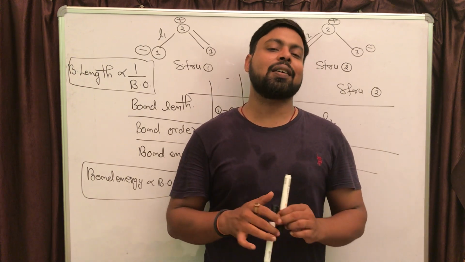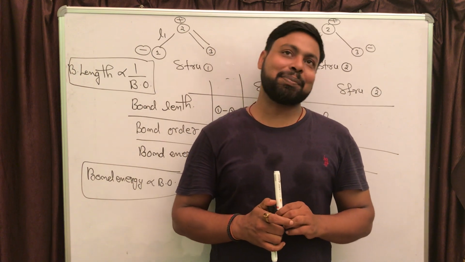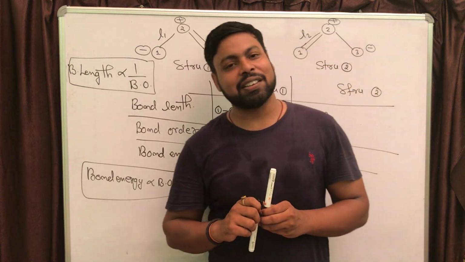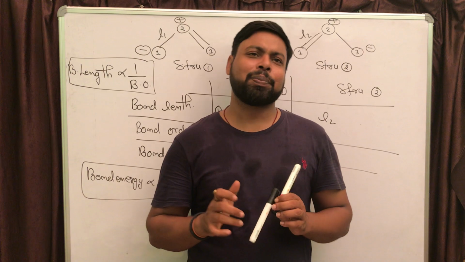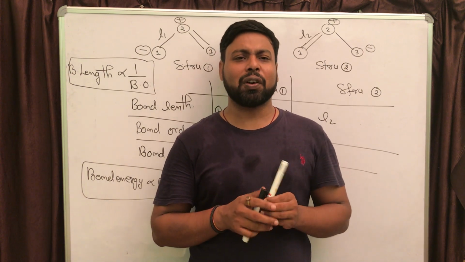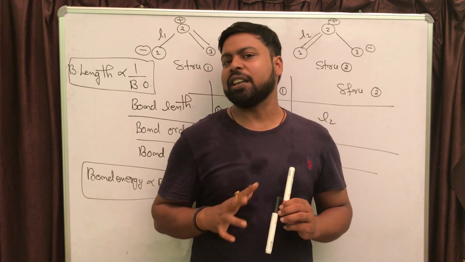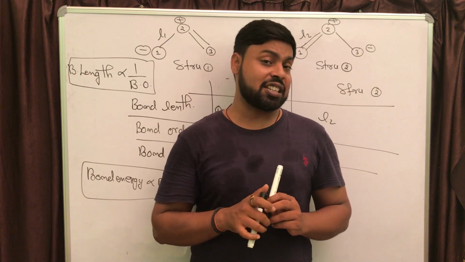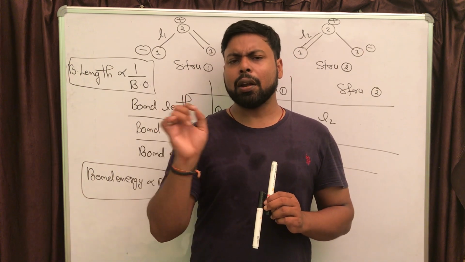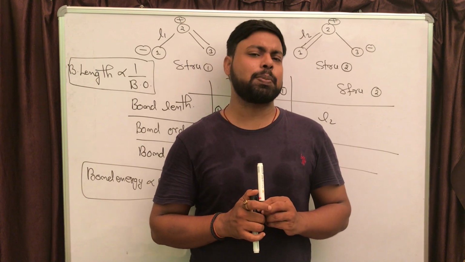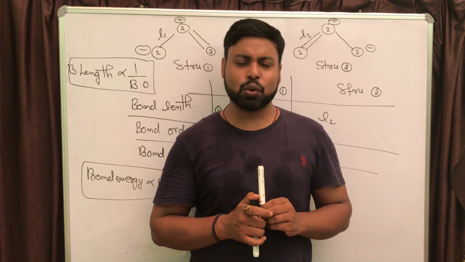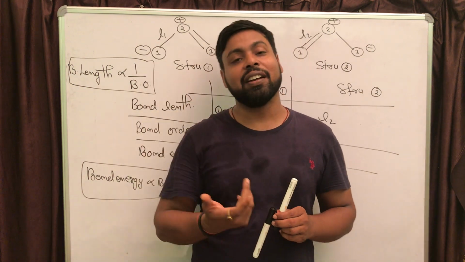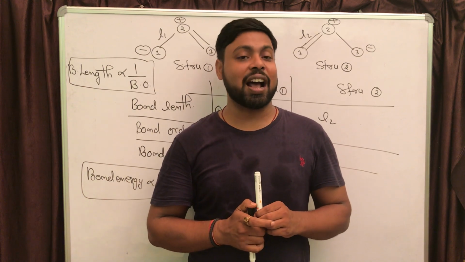All the bond orders are also equal. Right? That means what? Definitely we are missing something. The definition of resonance is: if for any molecule we can draw two or more Lewis structures, and none of the Lewis structures is going to explain the practical or actual properties of the molecule, then the structures we are drawing are known as